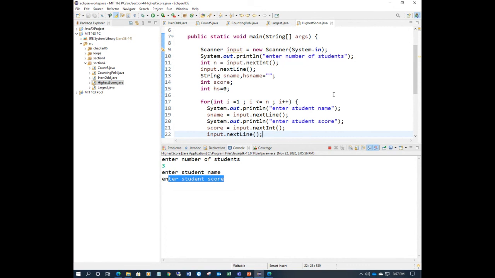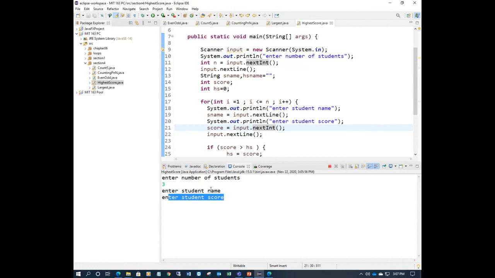Because after nextInt, the cursor moves to the next line, so that line is already taken as a blank. That's why it again opens the next line. Anyway, if you don't understand, no issue, but if you find such problems, just add this line after nextInt. Okay, now let's run the program again.